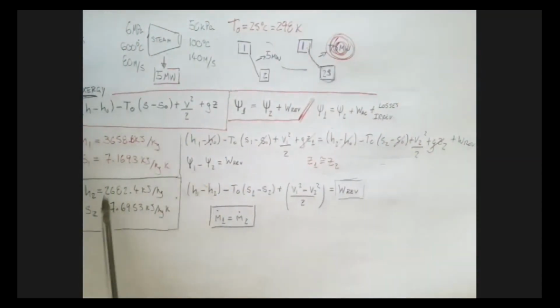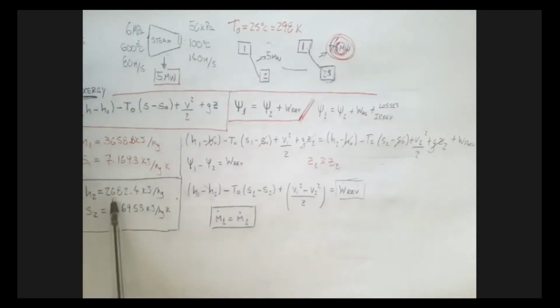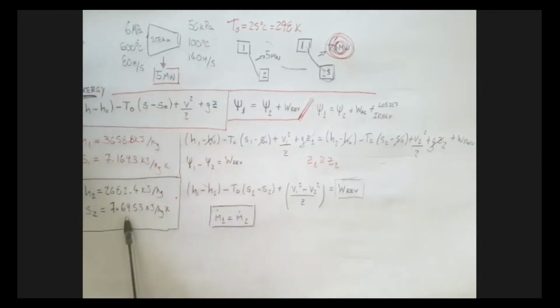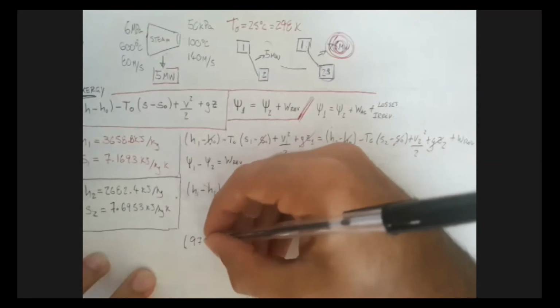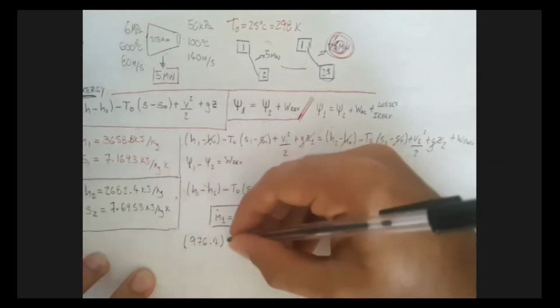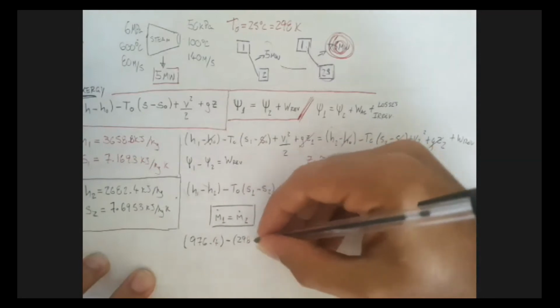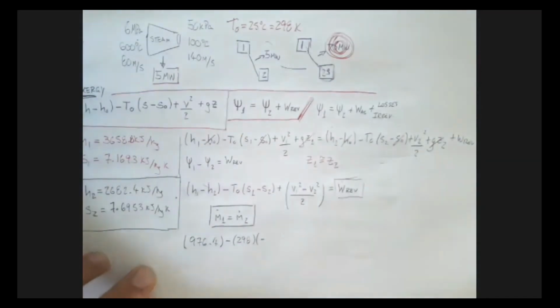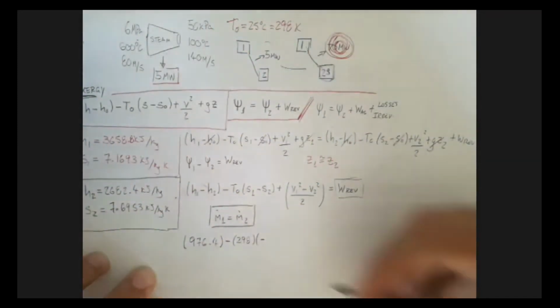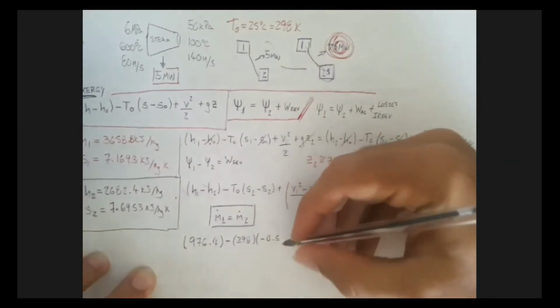Difference between these two guys is just 3600 minus 2600. That's going to be 976.4. T naught 298. S1 7.1693. S2 7.69. Okay, this is going to be a negative, therefore it's going to be a positive. Start writing those down. 976.4 minus 298. That multiplies negative. Where is my negative? Here it is. 0.526